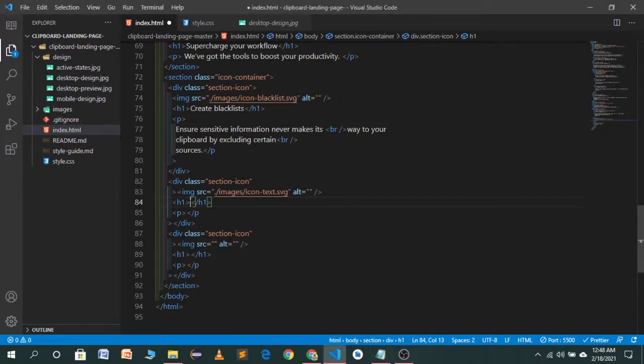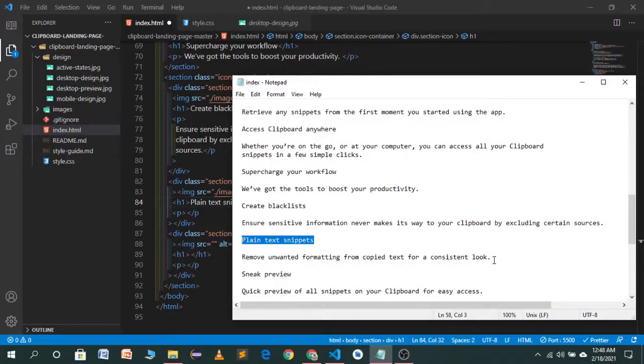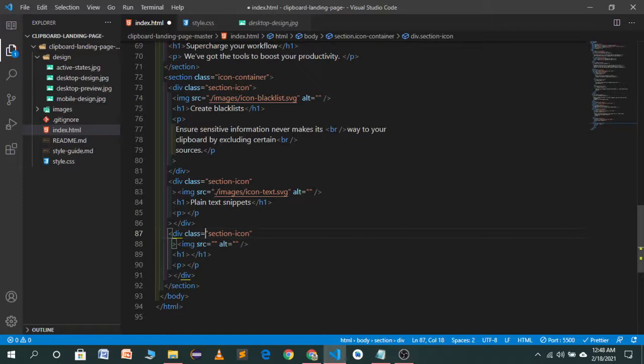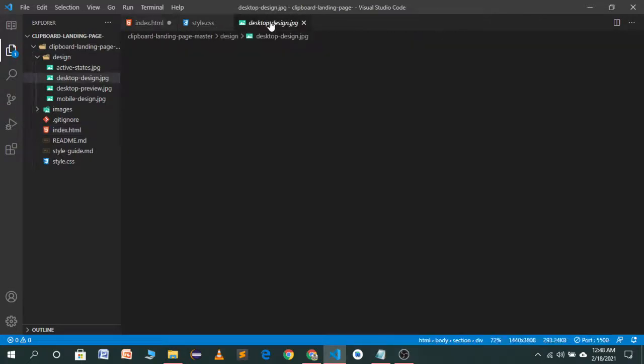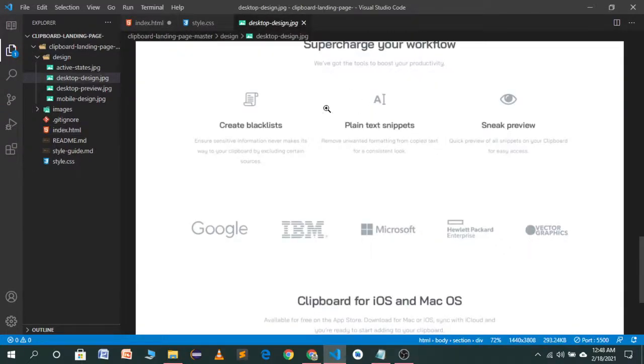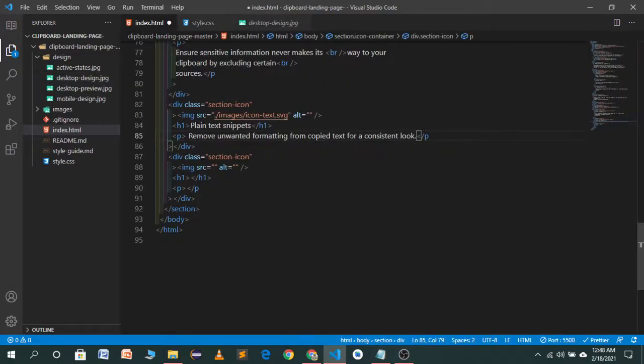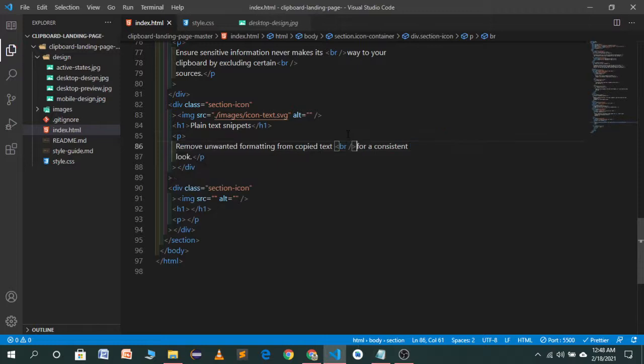Copy this one and paste it here. Now I will copy this paragraph, and you can pause this video and write it by looking at the code. So we want a line break after text. So after text I will use a br tag and save this.